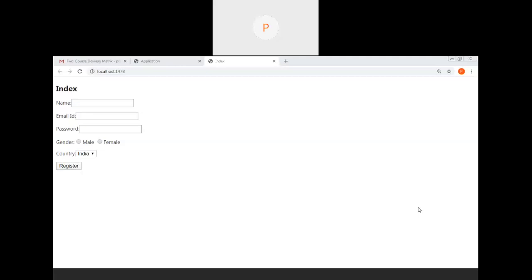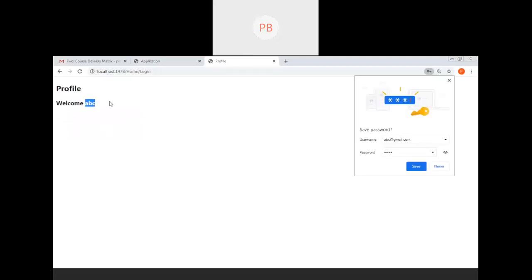As it is executed, let's insert some data. I've already inserted some data within that table, but let's insert some more data. Just because the registration is successful, it redirects us to the login page. And you can see welcome ABC is displayed. It means our code is working properly.